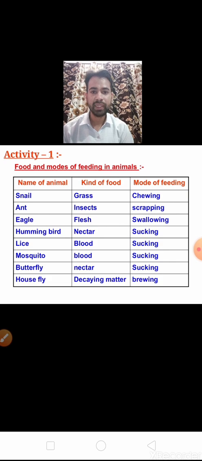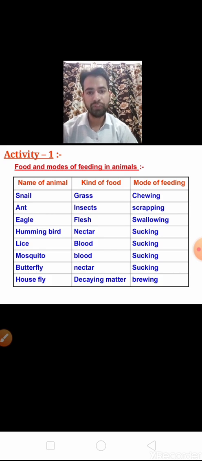Children, you can see on your screen I have written some animals and in front of them their favorite food and mode of feeding. Like in the first column, name of animal, second column, kind of food, and third, that is mode of feeding.